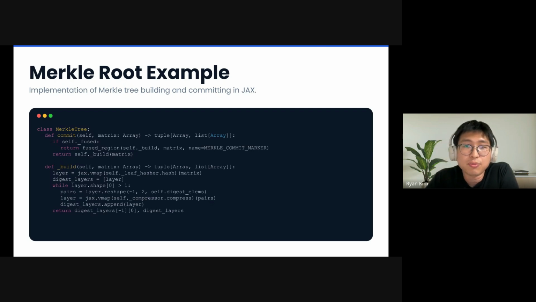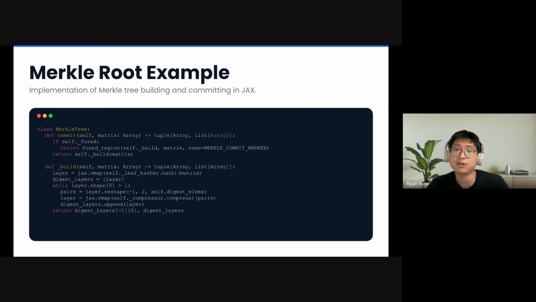The Python code right here is what actually runs on a GPU. There's no separate optimized kernel sitting somewhere else, no hand-tuned CUDA. The function gets wrapped in what we call a fused region with a Merkle commit marker, and the compiler treats the whole tree build as one unit. So at the compiler level, the Merkle commit collapses into one fused GPU operation.